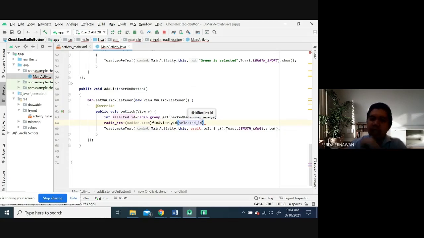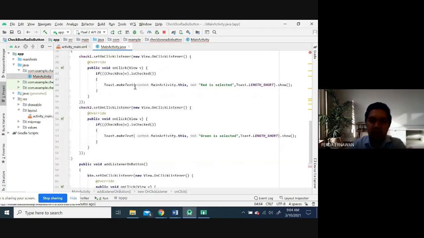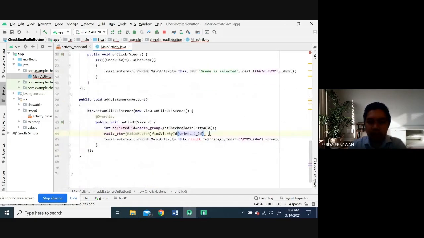We don't declare the, okay, later on I will explain to you. We don't declare the link here, but we declare here for the radio button. And then tools, make tag, main activity, and this is the radio button, this one.